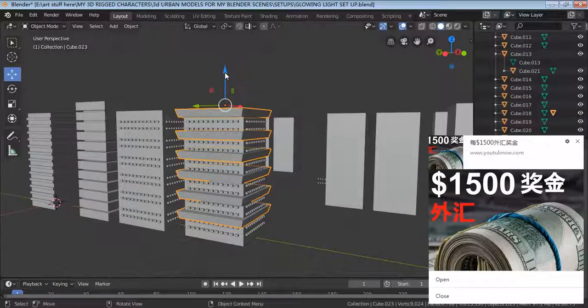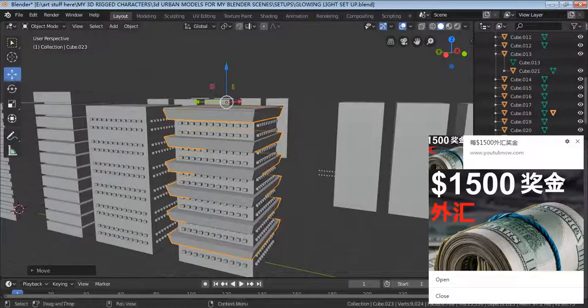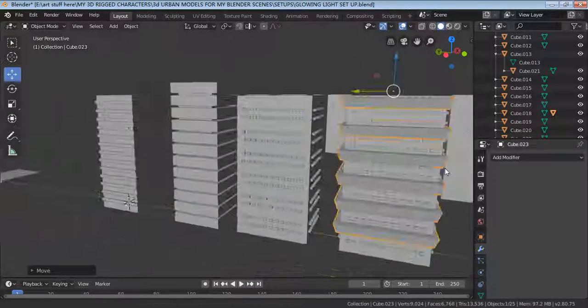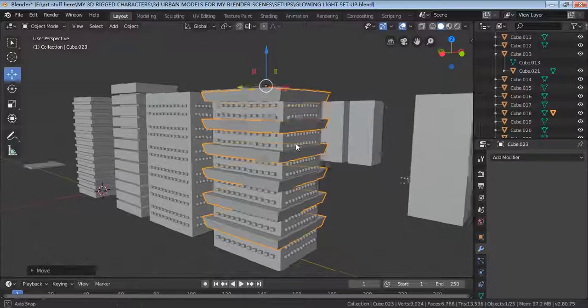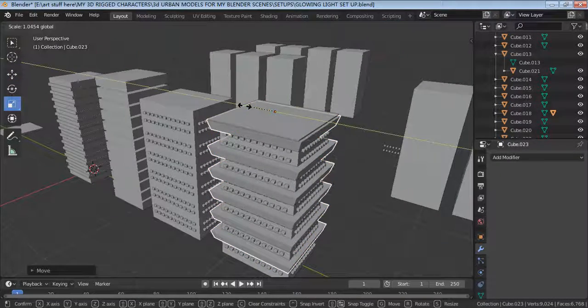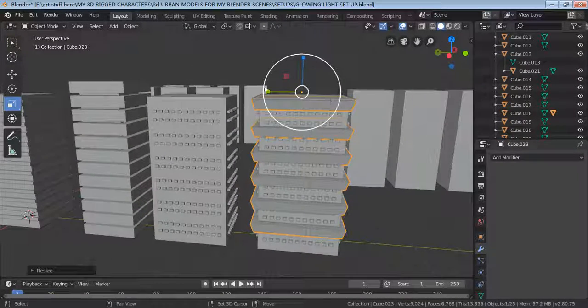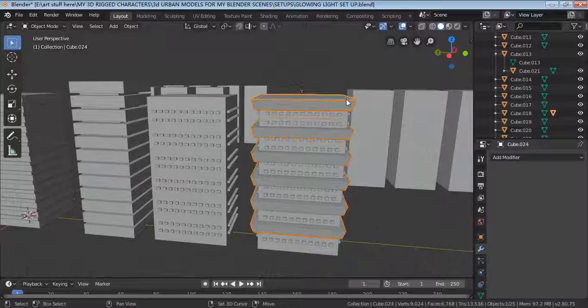But move this down a little bit, maybe. I'm going to basically stretch that bit out a little bit on the side there. There. And I'm going to join it. Then I'm going to join it to this main